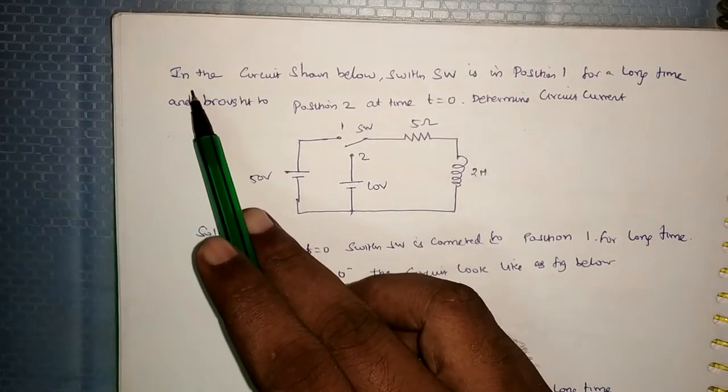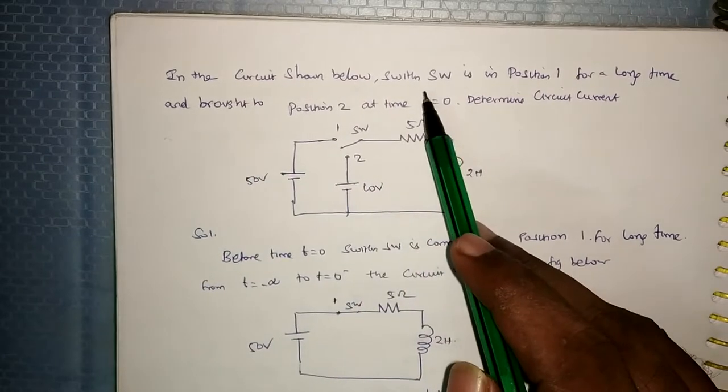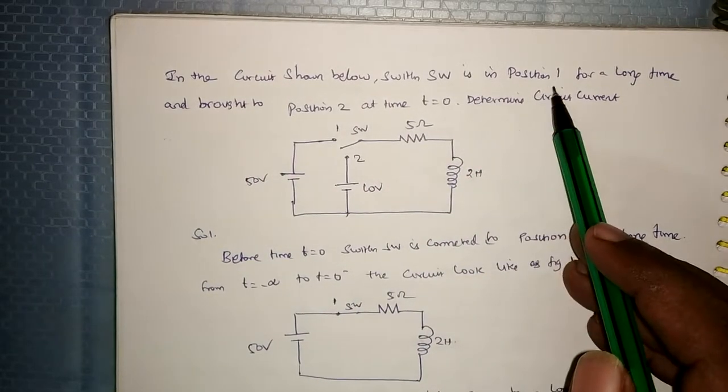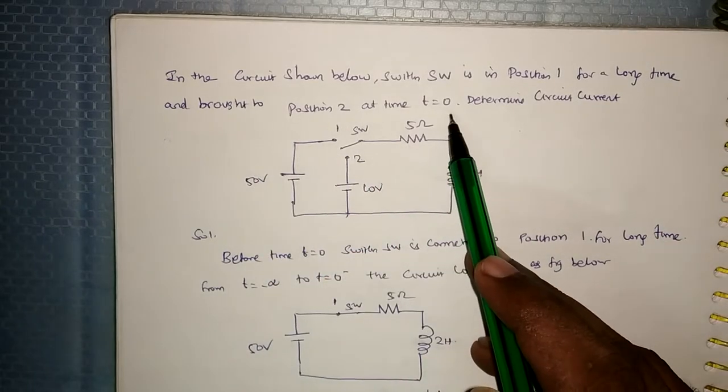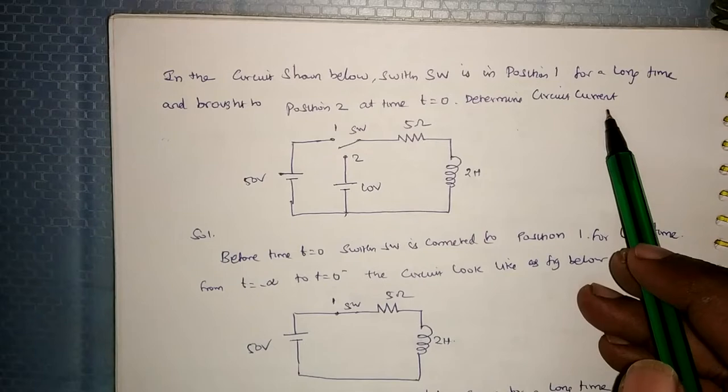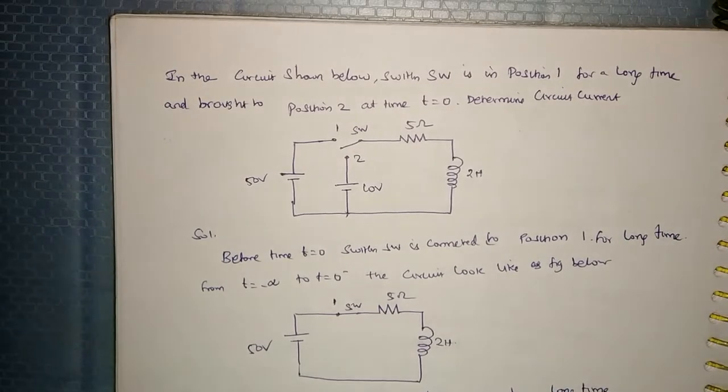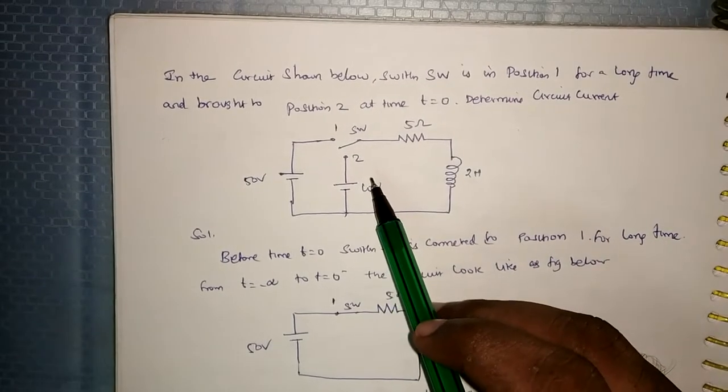In the question, in the circuit shown below, switch SW is in position 1 for a long time and brought to position 2 at time t equal to 0. Determine the circuit current. In this case, we have,